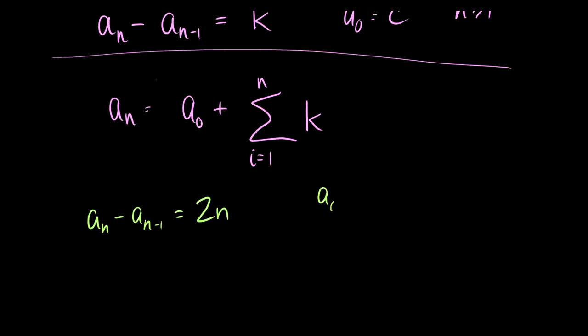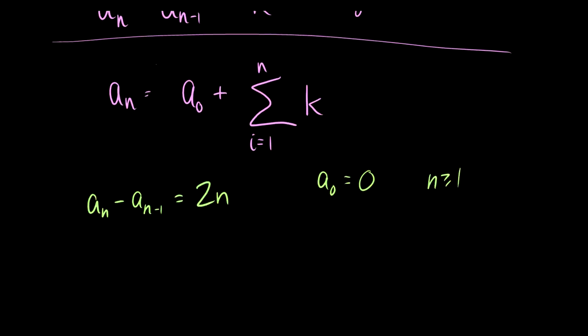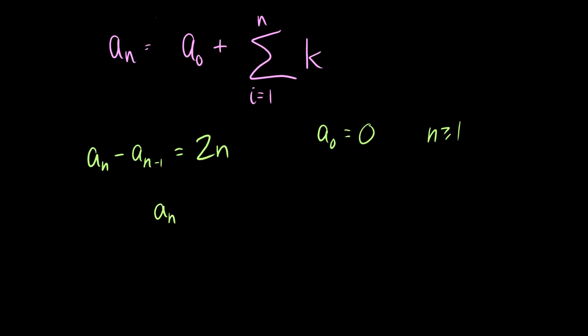We had a_0 is equal to 0 for n greater than or equal to 1. This a_n is equal to a_0, which is 0, plus the sum as i goes from 1 to n of